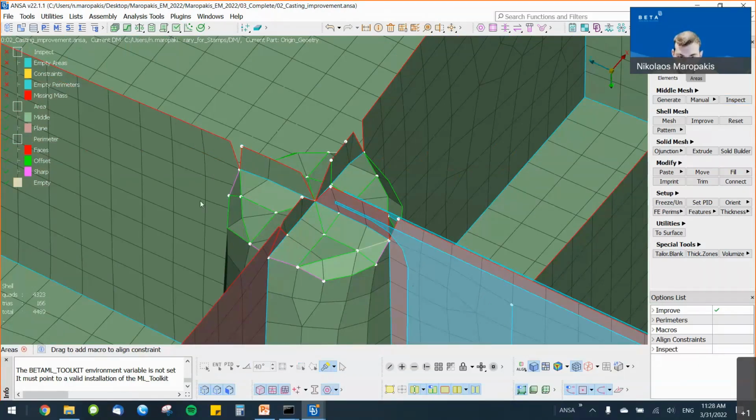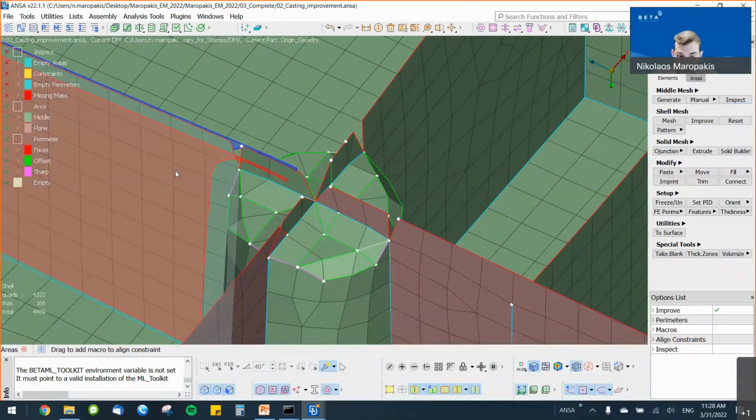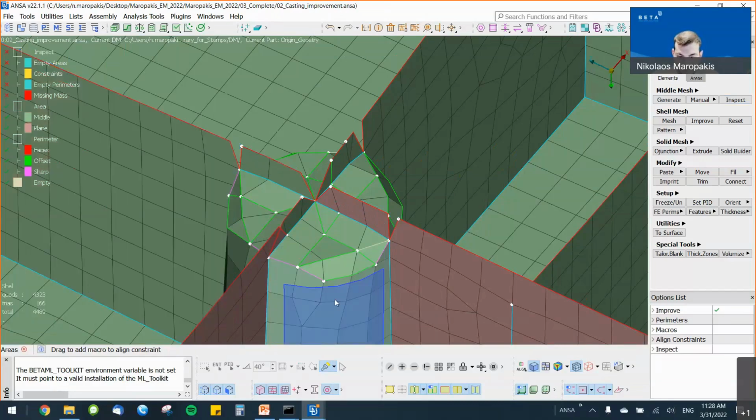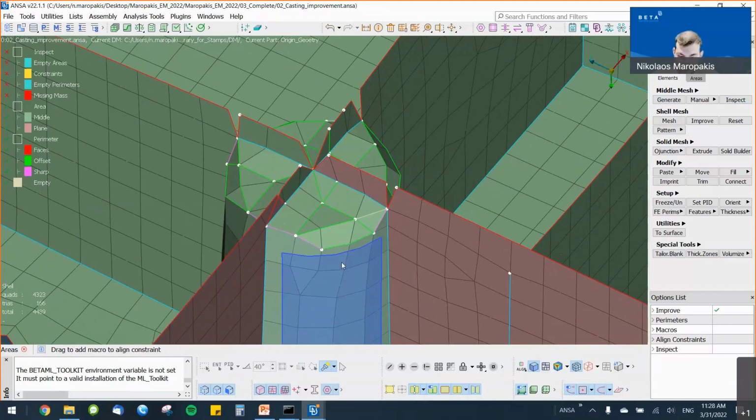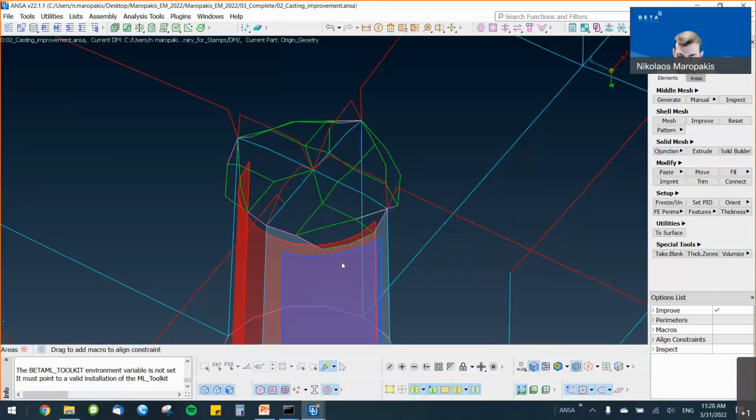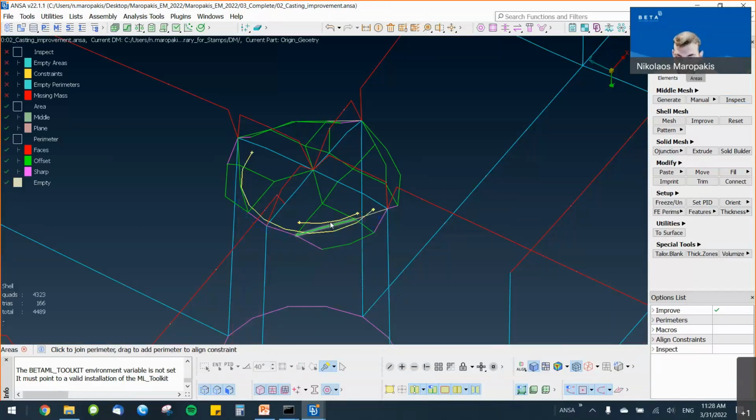The green colored macro areas are associated with the geometry in the middle between two faces, even if these faces of the underlying geometry are curved, like we can see here. To have a better view of the constraints that are defining an area, by hitting Control and Shift we can hide the shadow of the model and see it in a transparent way, to have a better image of what is happening underneath my model.